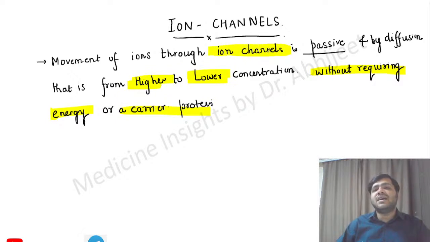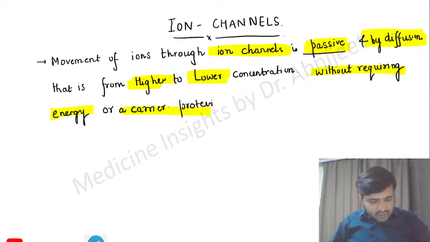These are called as ion channels. It is passive and it is taking place by the process of diffusion along the concentration gradient. Okay, तो डाउनहिल ट्रांसपोर्ट भी बोलते हैं इसको, राइट।